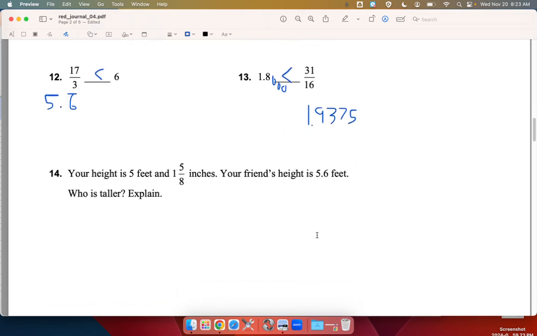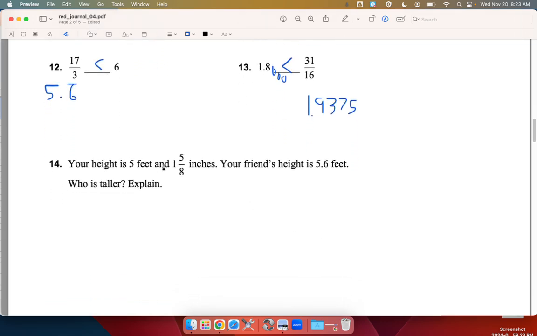So again, your height, 5 feet and 1 5/8 inches. Your friend's 5.6 feet. Who is taller? You have to change all into feet. So again, we take this guy, you've got to divide that by 12. Or what you could do is